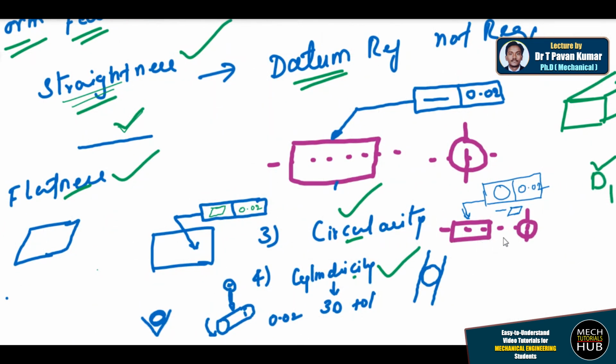Coming to circularity, I am following the same practice. Whenever you talk about circularity, the component has to be circular, simple. You can't measure any flatness over there. So it is a cylinder followed by circularity with a tolerance value of 0.02. Again, cylindricity can be measured something like this. Cylindricity and circularity are almost one and the same. Here we are trying to do the 3D tolerance of that particular component.